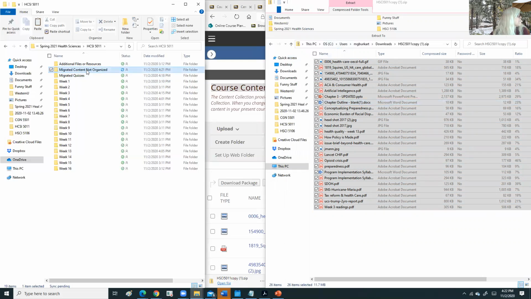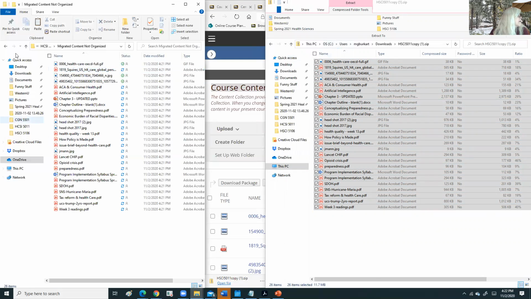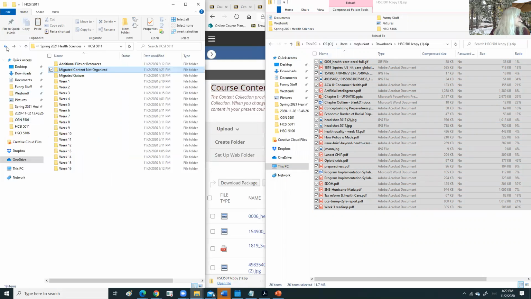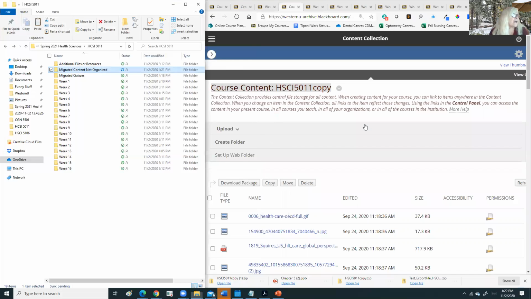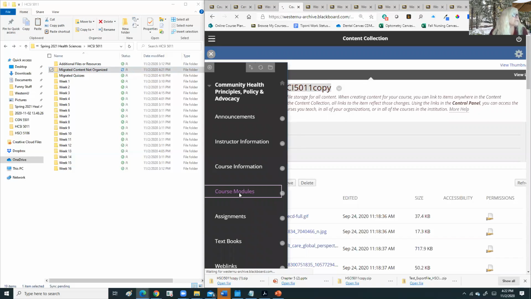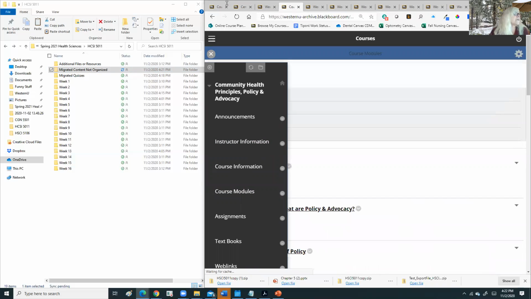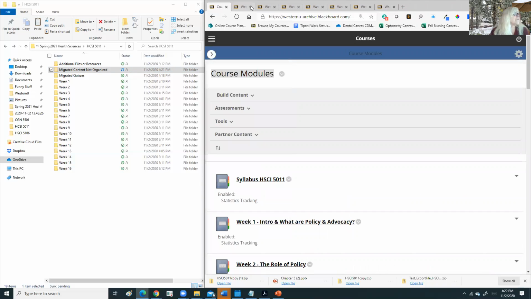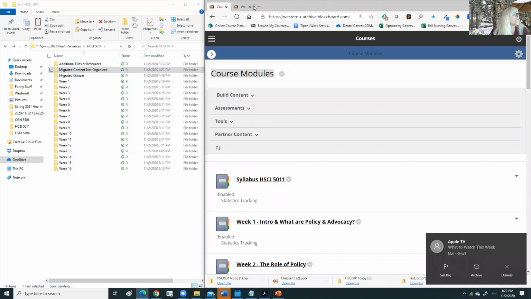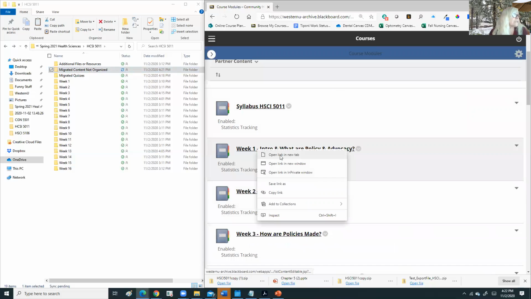And if we open up that, there's all the stuff that we need to migrate. So I've done this a few minutes ago already and wondered it. So now we're going to go over to course modules. And actually, I'm going to close all these windows out. And we're going to go over to course modules, and we're going to open each of these in a new tab